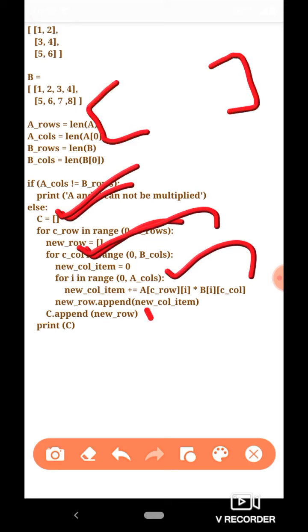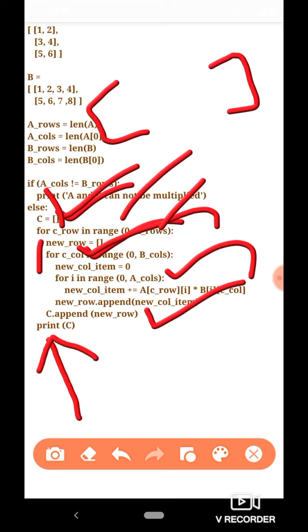What we need is just to append that row to matrix C. So we write C dot append new row. After this has been done for all the C row values from 0 to A rows, we have computed all the rows of matrix C and appended those rows to matrix C, and we just need to print the value of matrix C now, which is the multiplication matrix.